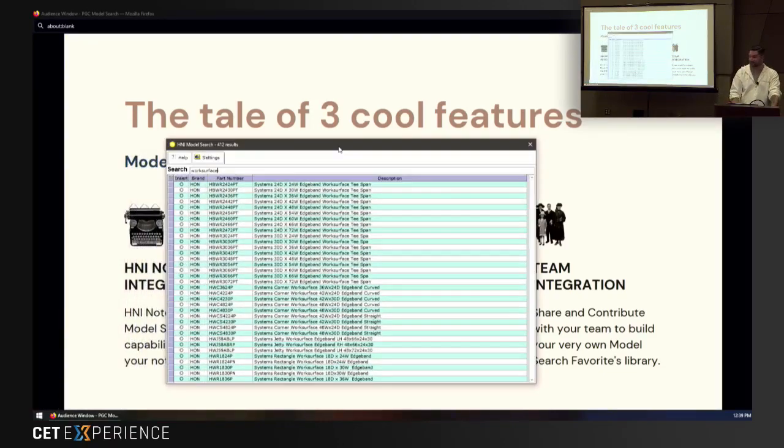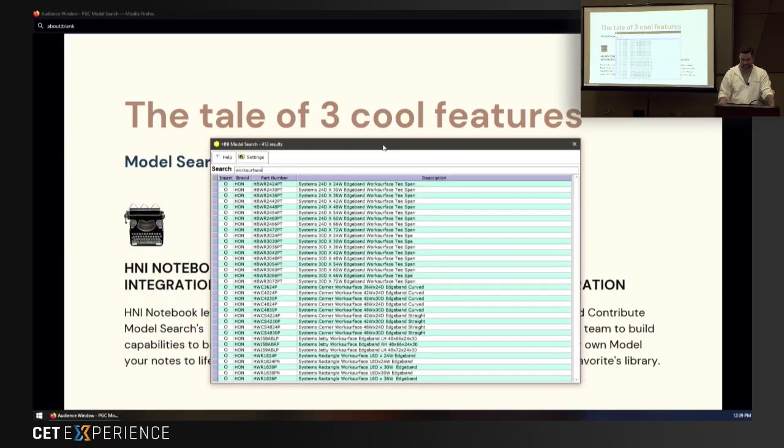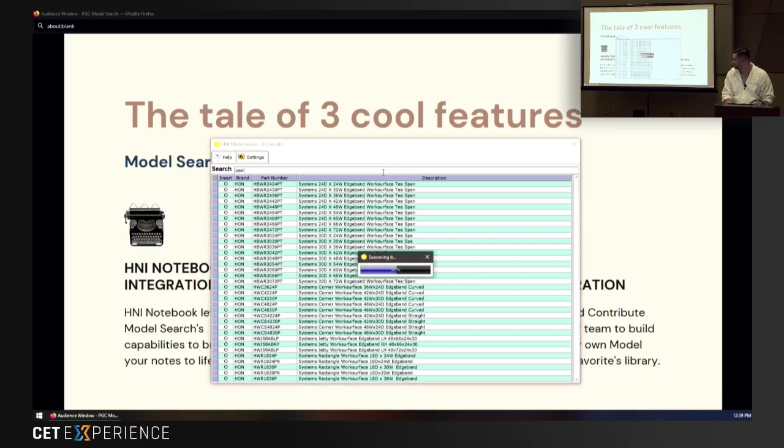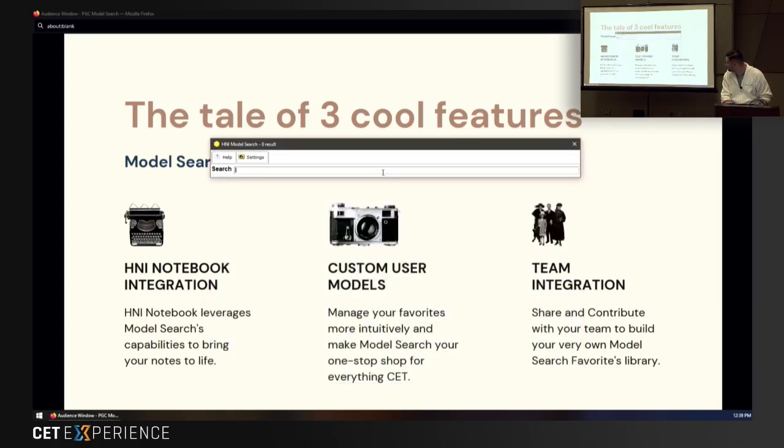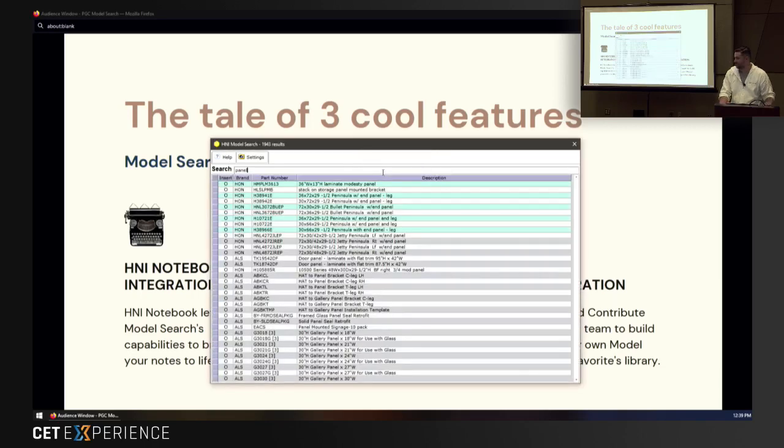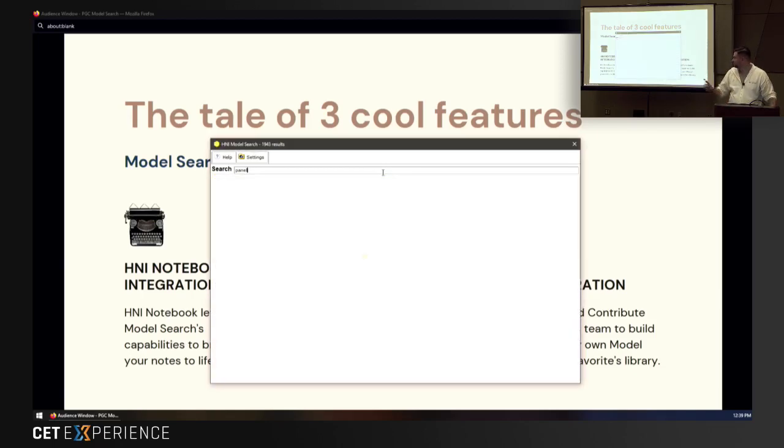Hey, this is model search, by the way. As you can see here, I hope you can see because it's kind of blurry to me. I can type anything, so say panel. Oh, I misspelled it. Panel. Oh, by the way, this is production. I'm going to show you one thing. So I'm going to hit it again. See that